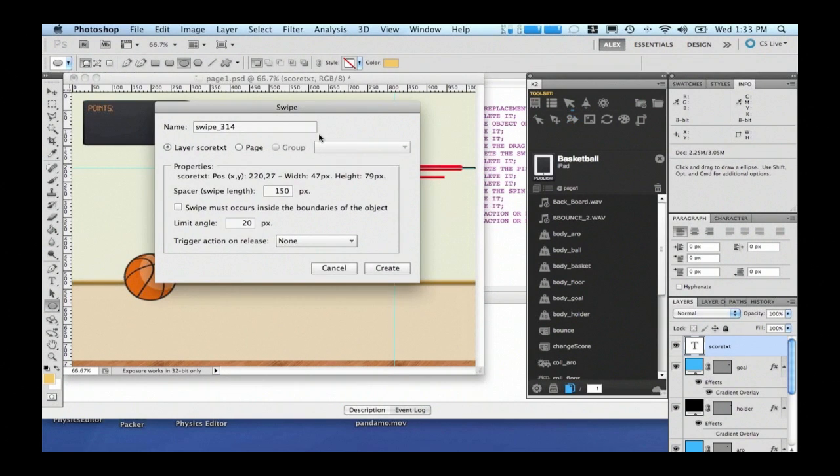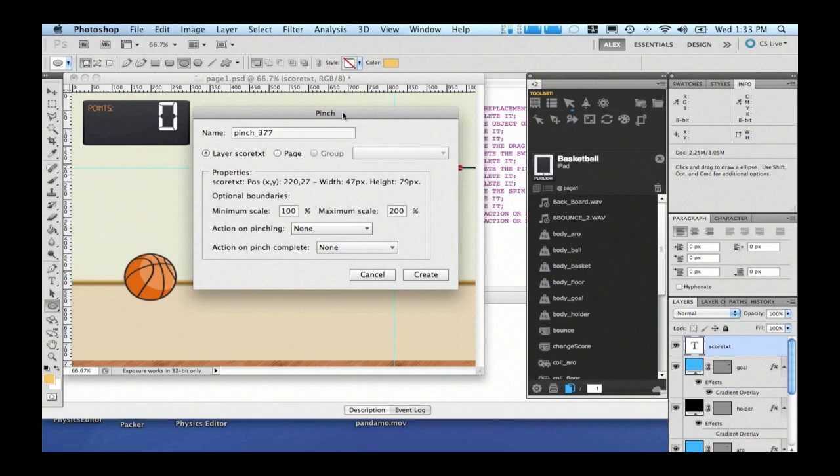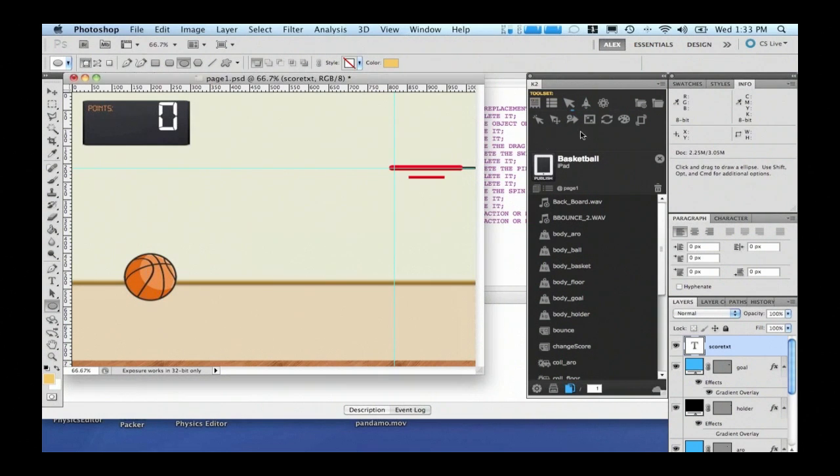You can now have swipes in the full components, layers, page, and everything. I don't know if you're familiar with the 3 pigs from Osgrow. You can do some kind of swipes in the pigs, and they do stuff. You can do the same here right now. You have the same for pinch. You can set pinch in a specific layer, page or group.